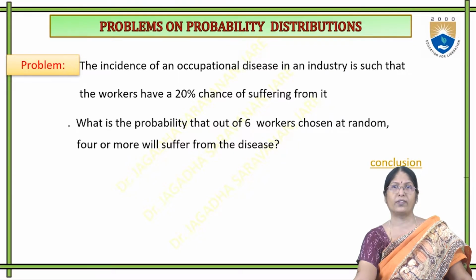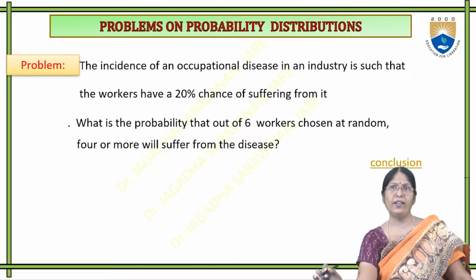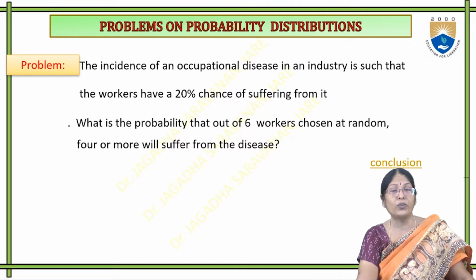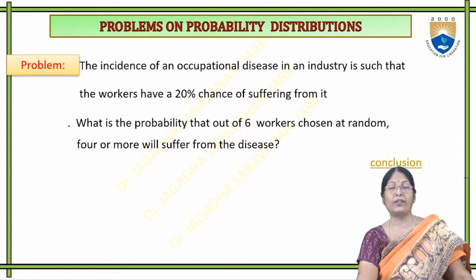Nothing wrong in it. Now, in the industry, the workers are working. Some diseases they are suffering. How much percentage of the workers are suffering? 20% of the workers are suffering. So this is the condition that satisfies the output, which we are going to get as